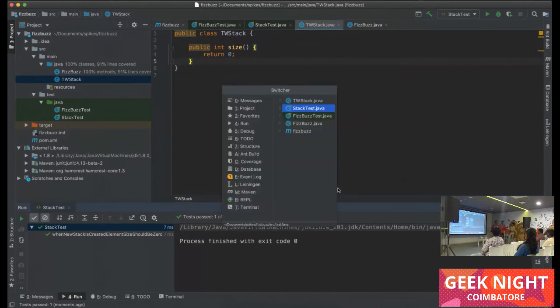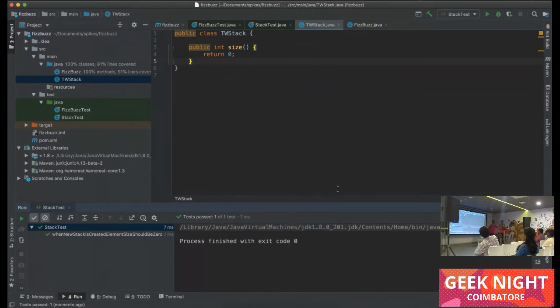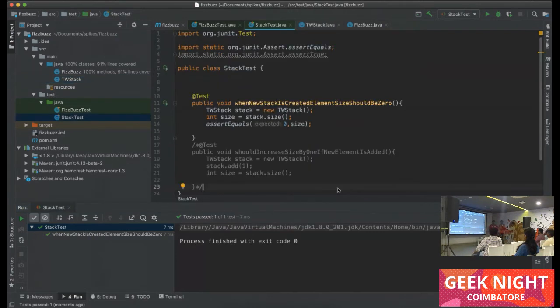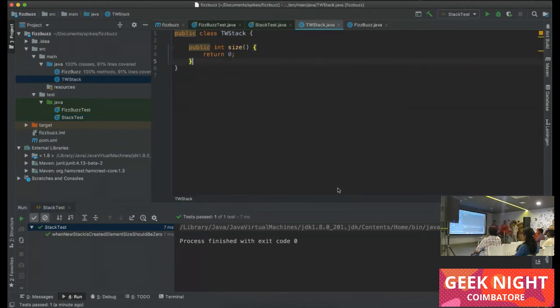How many say no? Can you please explain why yes? Correct, but at this point we only have a test to cover that the size is 0. We have enough code to pass the test, so we don't need any more implementation in this class.